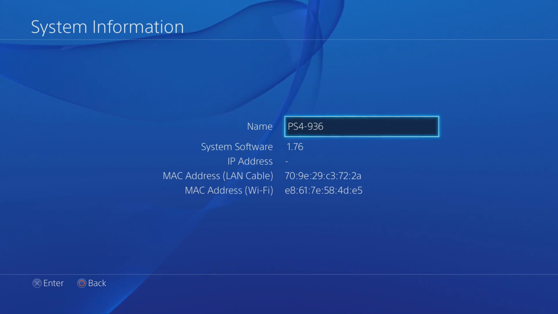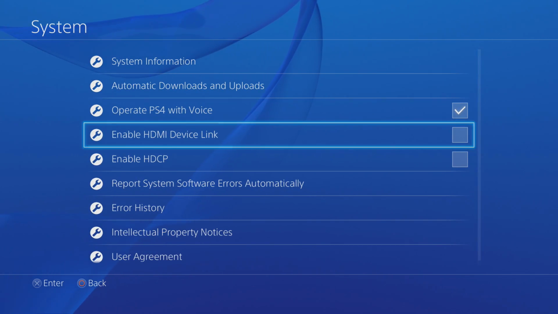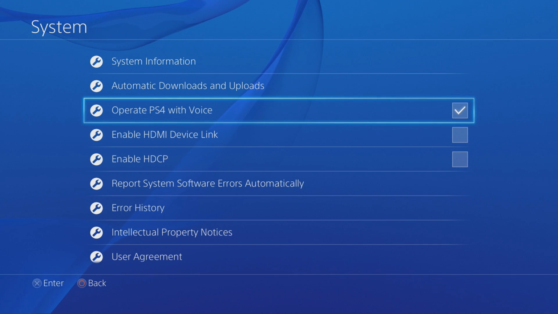If you're below 1.76, I'm going to show you guys how to update to 1.76 first. However, I will put a link on screen right now that you can click to skip that section of the video if you are already on 1.76. So if you're already on 1.76, click that link and skip to the WebKit setup part. If you are not on 1.76 yet, you're below 1.76, then keep watching this segment to learn how to update